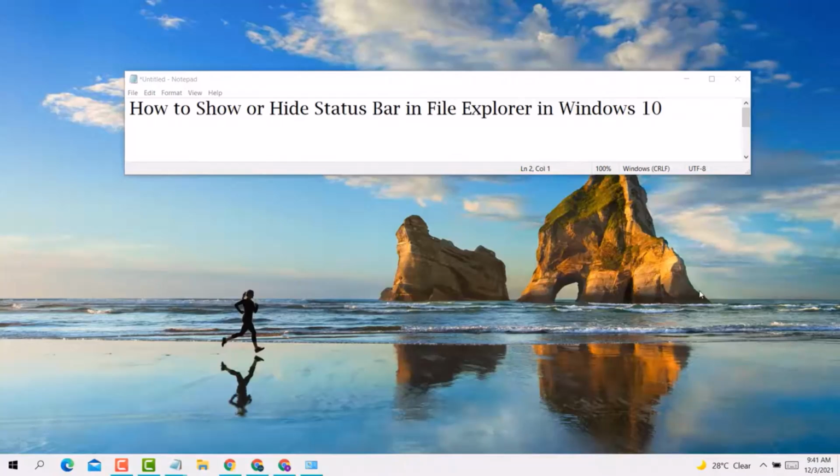Hello, welcome guys. Today in this video, I'm going to show you how to show or hide the status bar in File Explorer in Windows 10 PC or laptop. So guys, if you want to show or hide the status bar in File Explorer in Windows 10 PC or laptop,